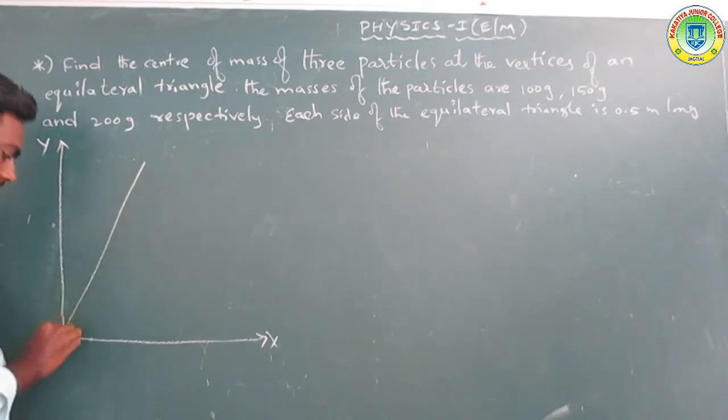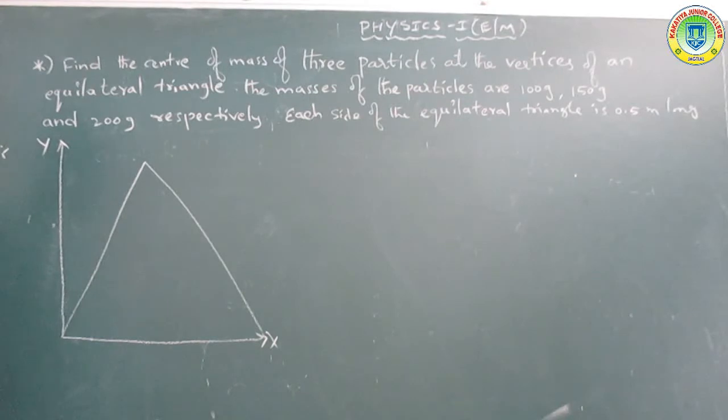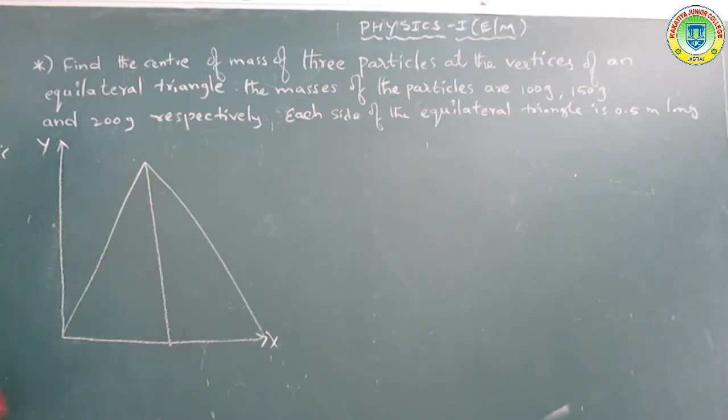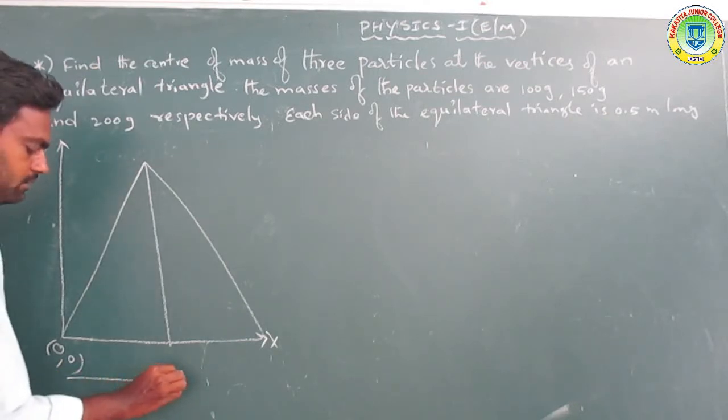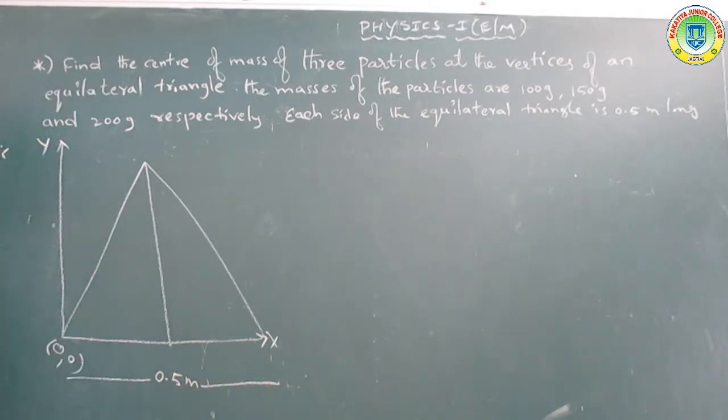So the triangle taken is the equilateral triangle. That means an equilateral triangle is taken. So the coordinates respectively are 0 and 0. So the length taken is